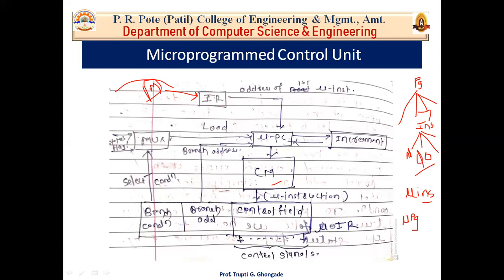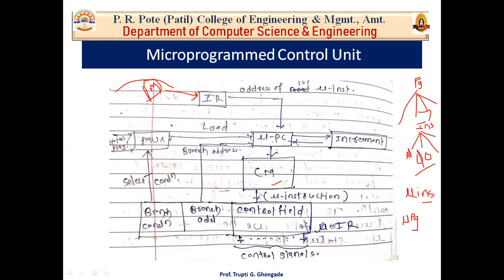Now here we have the micro program counter. What does it mean? We know micro PC, that is micro program counter. Now what does the micro program counter do? We know the program counter contains the address of the next instruction. So micro PC contains the address of the next micro instruction. Okay, the working of the PC, your program counter, is the same. In a normal program, your program counter contains the address of the next instruction. Now the micro program counter contains the address of the next micro instruction.